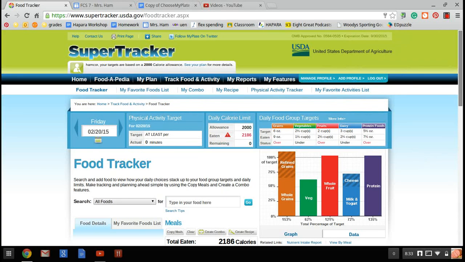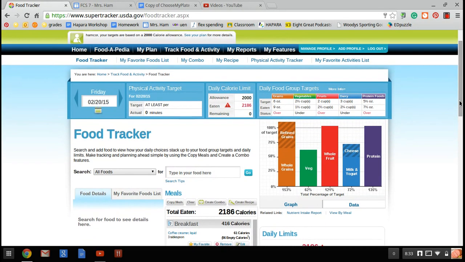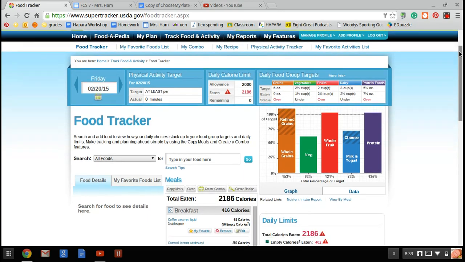Here on my Super Tracker for the day. So I did breakfast, lunch, dinner, snacks, and these are my results. What I'm going to need to do is take a screenshot of this page. So how I'm going to do that, or the information that I need to make sure that I include, I'm